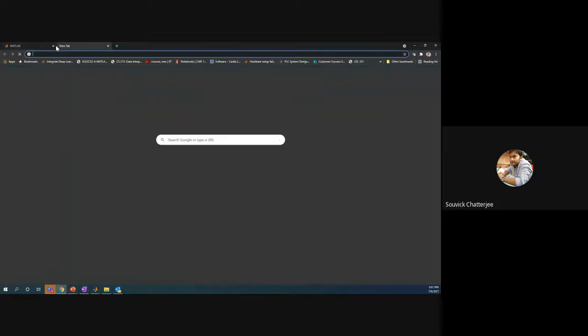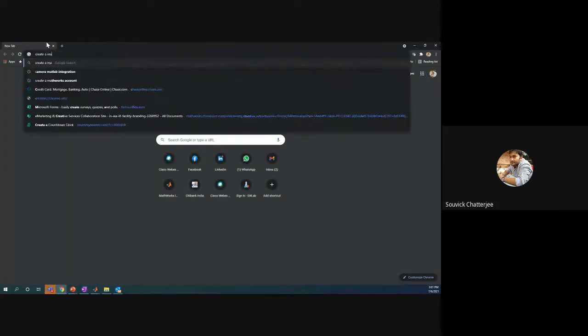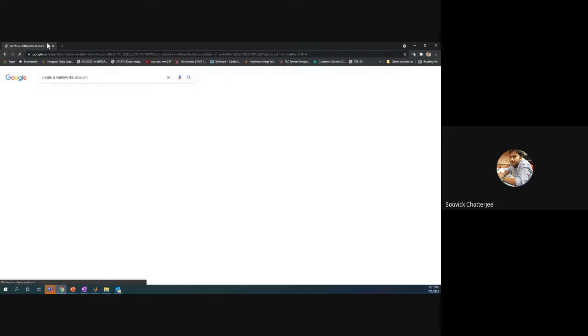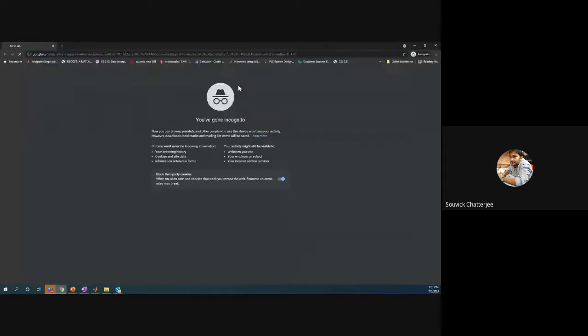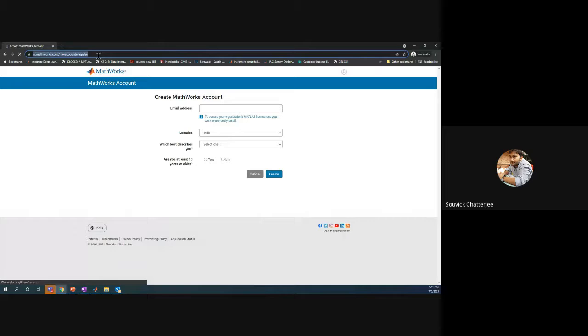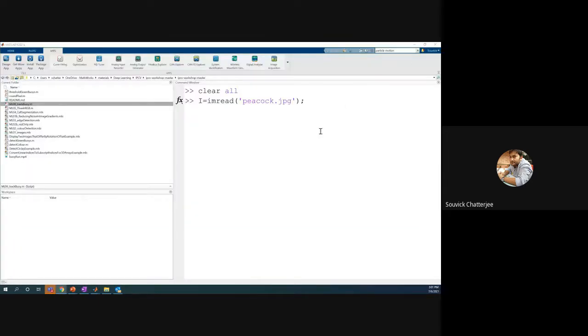But for all of these things, you need to have a MathWorks account. If you do not have a MathWorks account, or if you are not sure whether your institute has a campus-wide license, I'd suggest you create your MathWorks account using your institute email ID. If your campus does not have one, you can still use this to create the account, and you can access a MATLAB trial for 1 month. If any of you wants to know more about the campus-wide license, feel free to put it in the feedback form, and our representatives will get back to you.